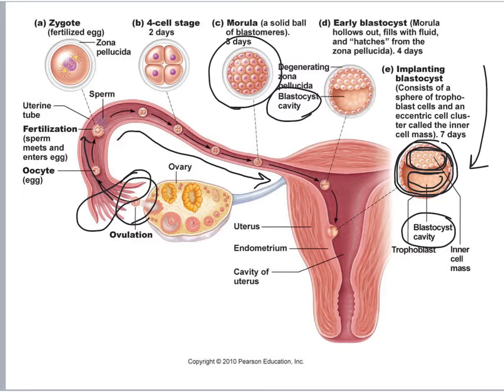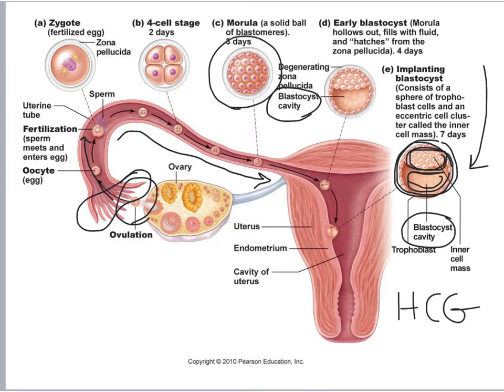So the embryo itself takes special measures to make sure that the corpus luteum doesn't go away. Now, don't forget the corpus luteum that's left behind from that released oocyte. This is creating lots of progesterone and estrogen, which maintains the uterine lining. So what does this? It is the embryo itself. It secretes a hormone called human chorionic gonadotropin, or HCG.